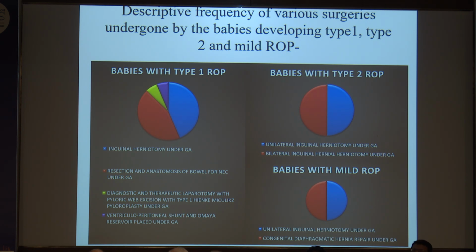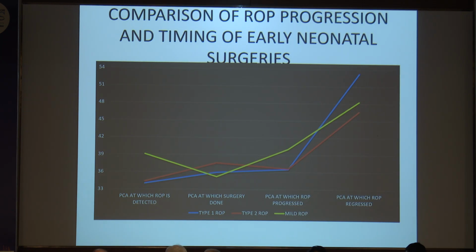congenital diaphragmatic hernia repair. Now, this is the main thing which I wanted to demonstrate: we demonstrated the timeline when the baby was diagnosed with ROP, when the babies underwent the surgery, when it started regressing, and when it completely regressed. Over here, we can only see for type 1 ROP that there's a positive up curve. So we are seeing that the babies are undergoing surgeries in type 1 ROP between 34 to 35 weeks, and there's a progression seen at around 36 weeks. So we can possibly demonstrate that surgeries are possibly playing a role in the progression in type